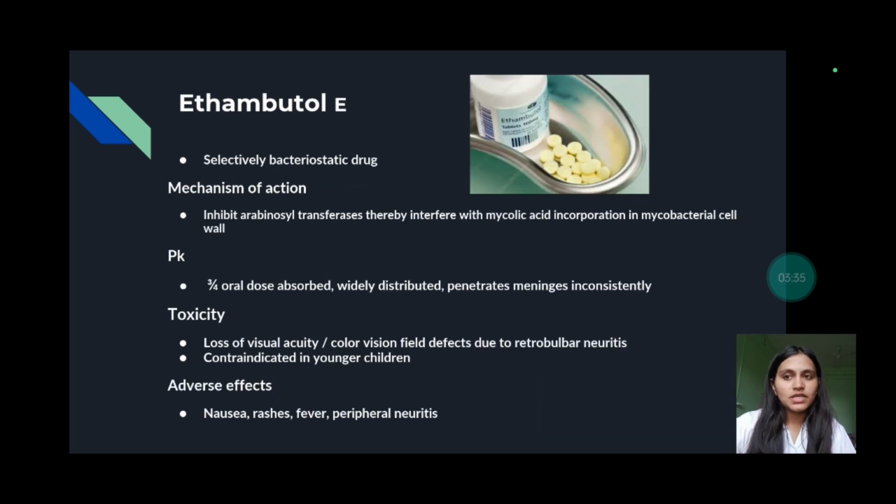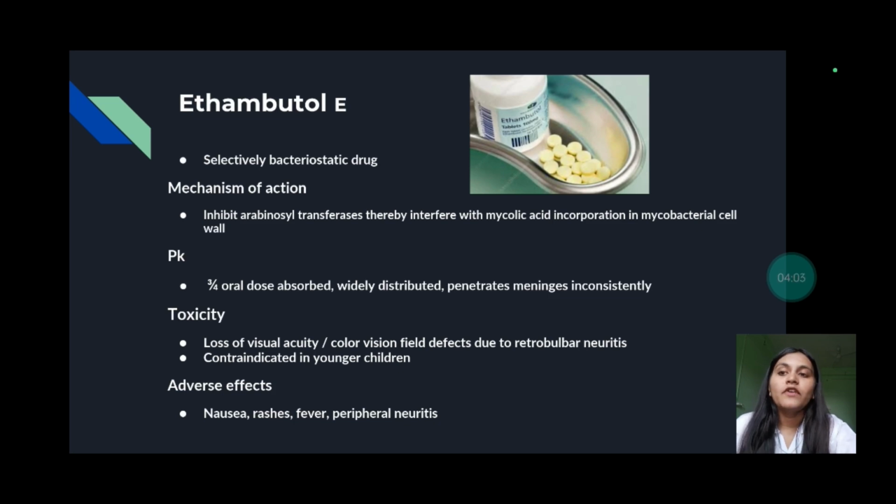The fourth drug is ethambutol. It is a selectively bacteriostatic drug, which is the only differentiating point between ethambutol and other antitubercular drugs, as other antitubercular drugs have bactericidal action, which acts by killing the bacteria, and ethambutol is bacteriostatic, which acts by inhibiting the growth of the bacteria. Mechanism of action: inhibits arabinosyl transferases, thereby interfering with mycolic acid incorporation in the mycobacterial cell